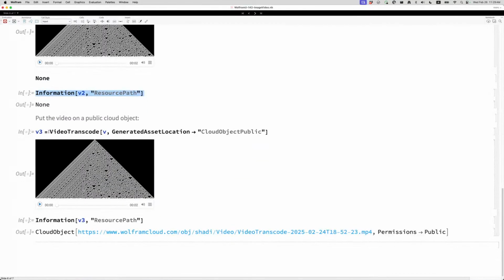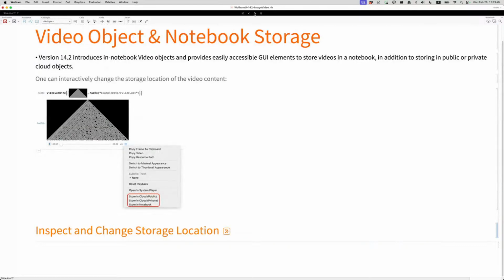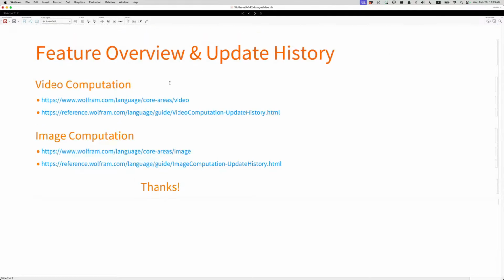And there are also programmatic ways to put things on the cloud, like that video transcode of the video object. And then I specifically say, I want the asset location to be a public cloud object. And if I ask for information of resource path, I get that cloud object back with the right permissions. Okay, this concludes updated image and video